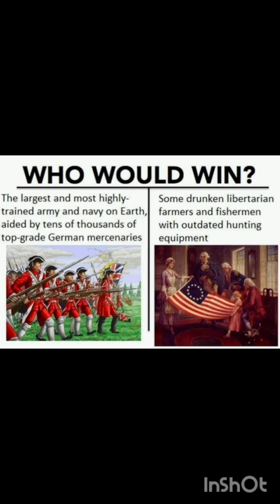The fight for independence: key events and turning points. The Revolutionary War was a protracted and challenging conflict for the American colonists, who faced a formidable British military. However, a combination of factors ultimately led to their victory.